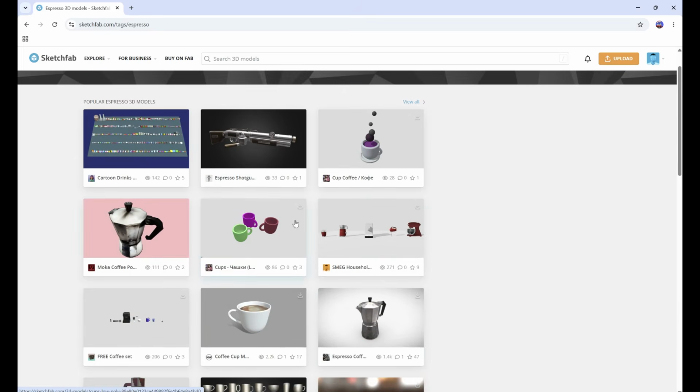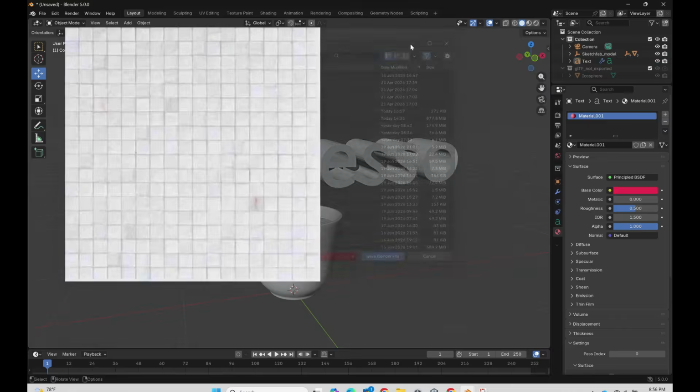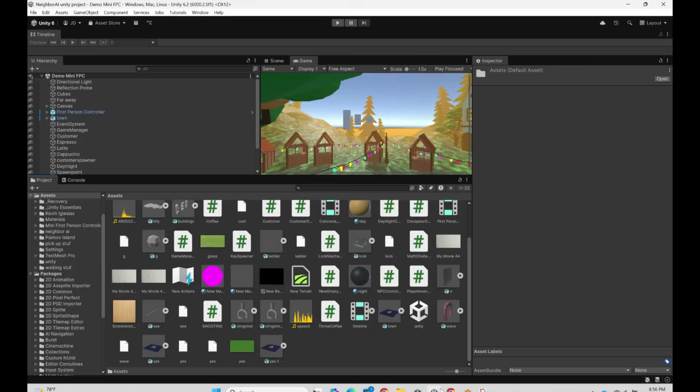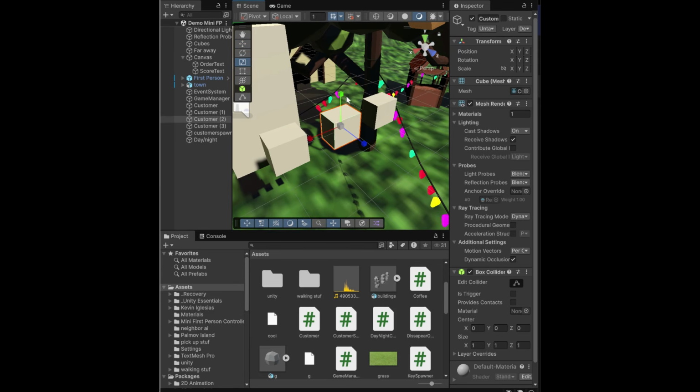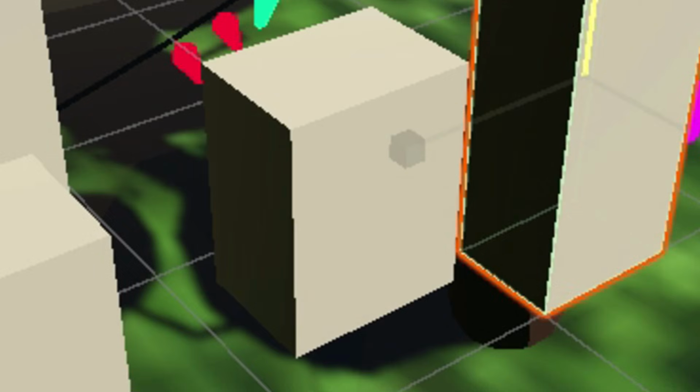I found models for all three drinks, but they looked almost identical, so I added giant floating labels on top of them. Unfortunately, every cappuccino model I found was either terrible or literally brain rot. So the cappuccino is now represented by a cube, the true icon of coffee culture.